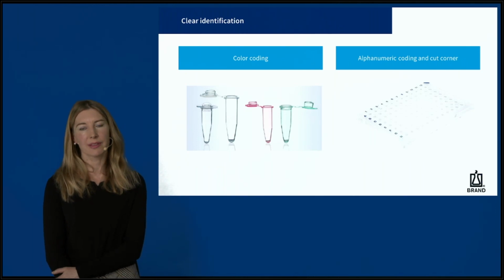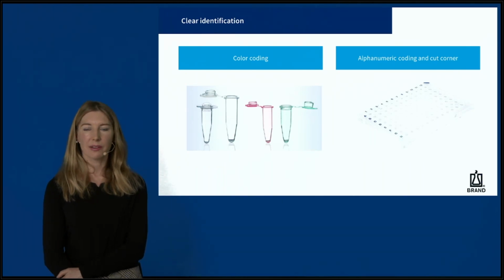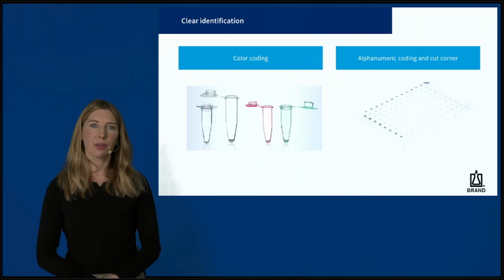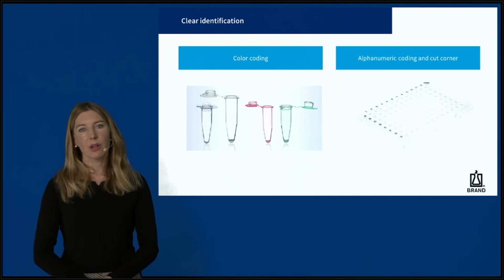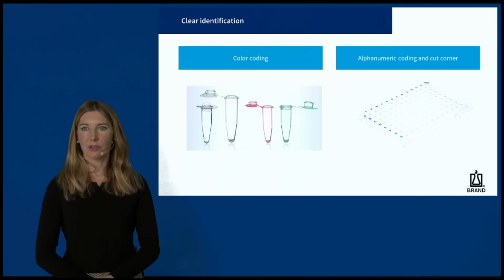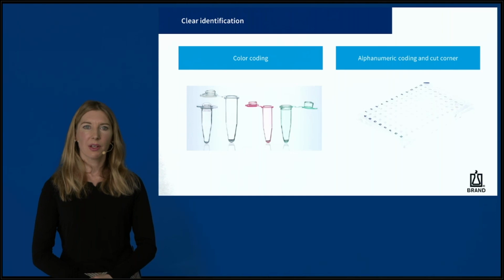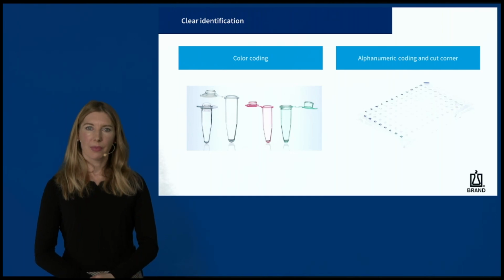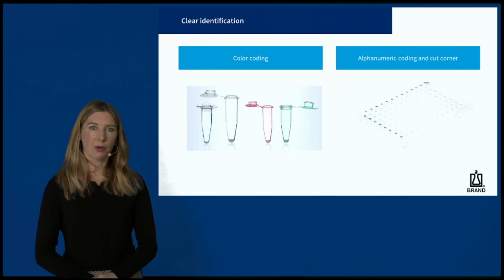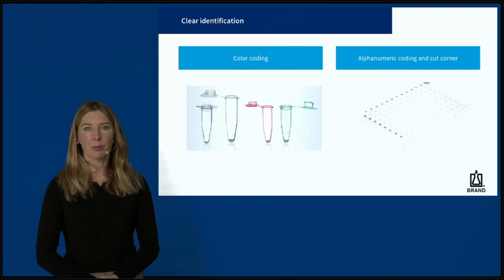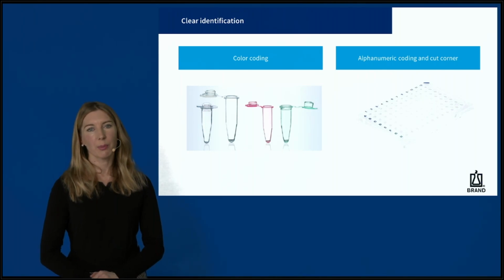Another important point is the fast identification and avoidance of confusion of samples. Colored vessels help to differentiate with project-related colors and allow easy visual sample tracking. We also provide PCR strips with detached cap strips, which can be opened contamination-free with grip tabs on the end and side of each cap. The wells are numbered for clear identification. On PCR plates, alphanumeric coding and the cut corner help to identify the wells and minimize the risk of confusion during pipetting.